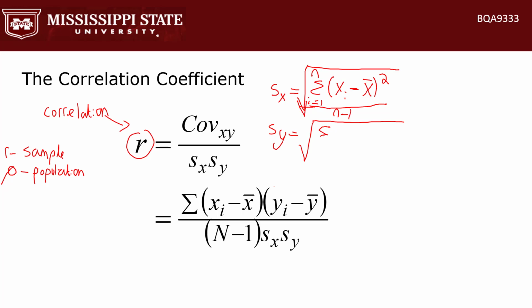Can't forget that. So this is going to be the sum of yi minus y bar squared divided by n minus 1. So if we put this here and this here, we're going to get